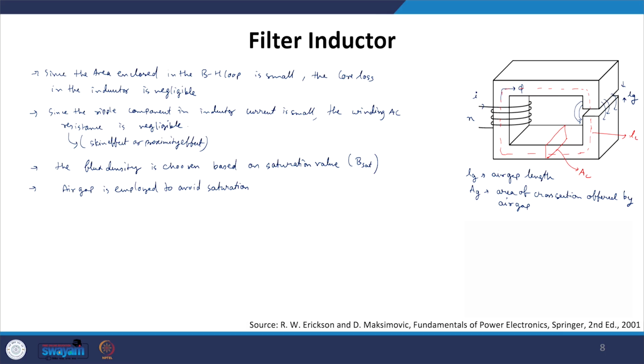So, these are the things which we have understood while discussing the filter inductance, and since we are introducing the air gap, we need to know the air gap length. Since we are obtaining the flux density based upon the saturation value of the flux density, we have to know what the maximum value of flux density should be, then we should also know what core sizes we have to select, and at the same time we should also know the number of turns needed to obtain the required value of inductance. So, we can then obtain the filter inductor design.